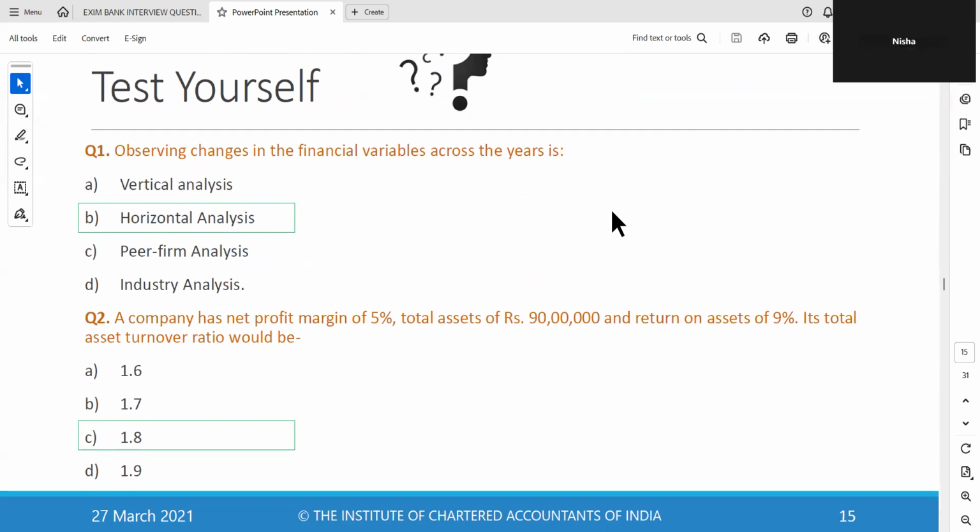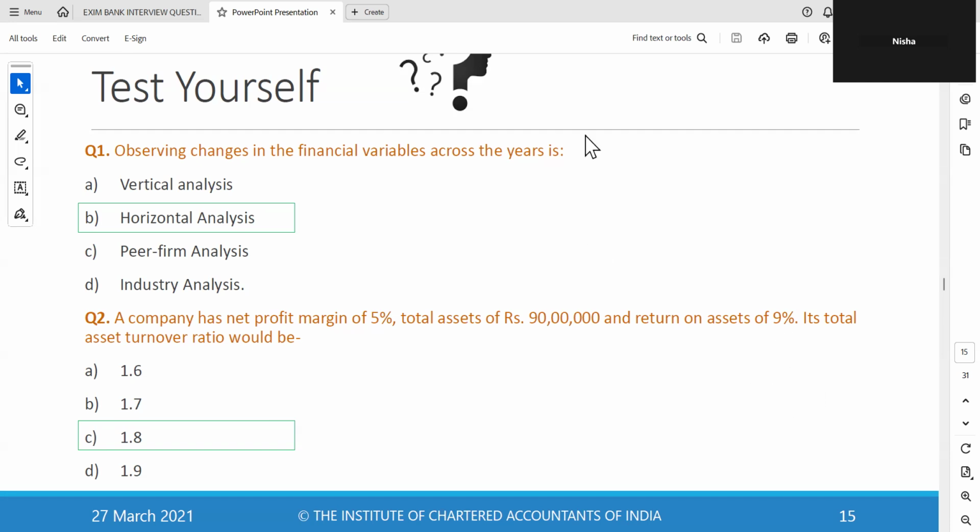A company has a net profit margin of 5%, total assets of 90 lakhs, and return on assets of 9%. Its total asset turnover ratio would be